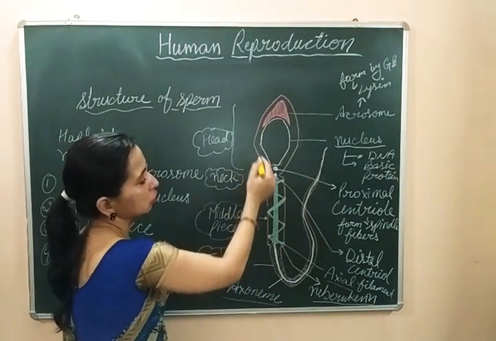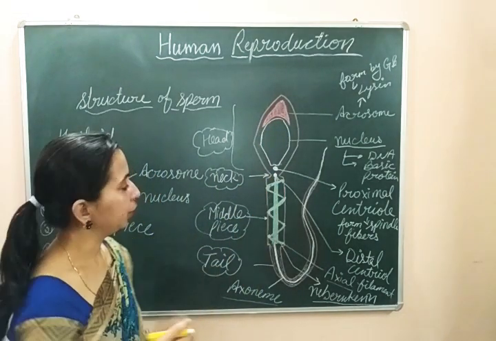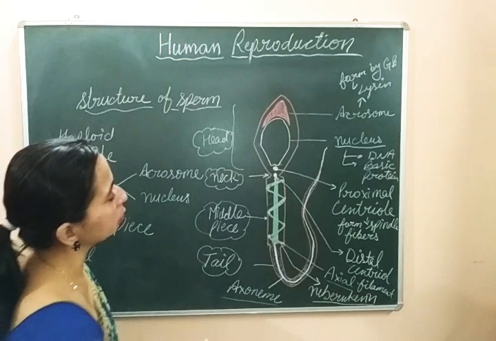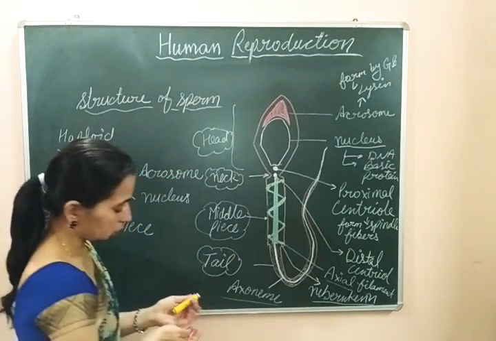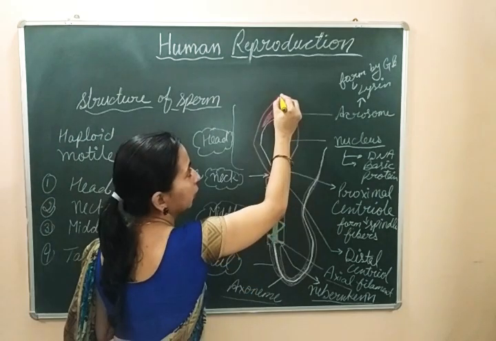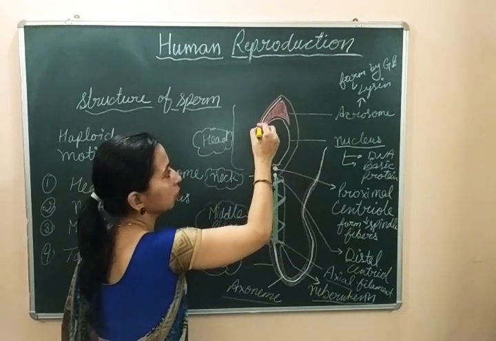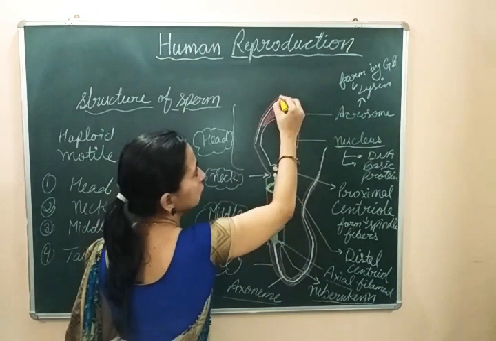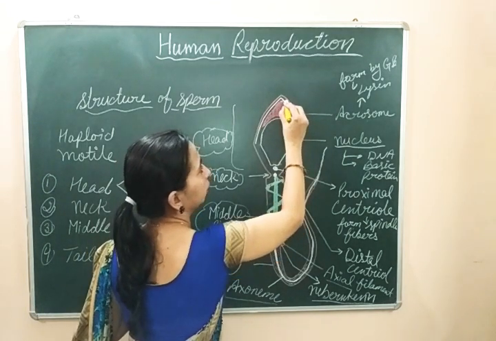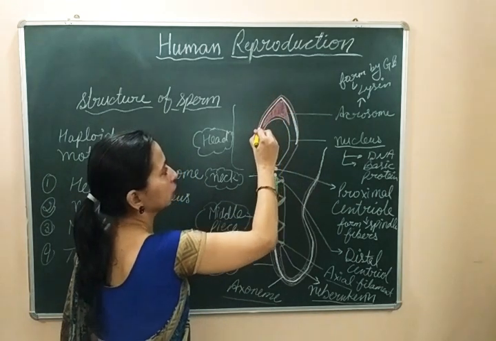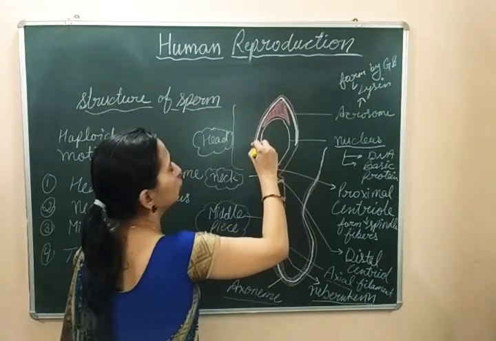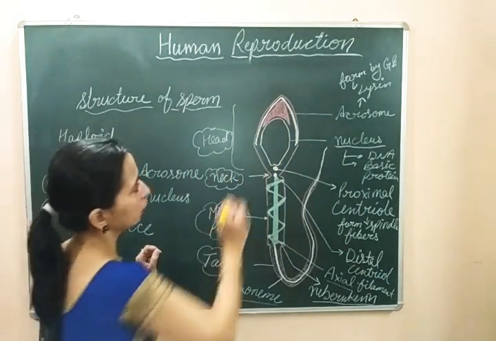Okay. This complete structure which is covering the sperm is the plasma membrane. ये पूरी जो structure है जो यहाँ cover किए हुए है sperm को, this is plasma membrane. And in this we can see that one more membrane will cover the structure. इस plasma membrane के अलावा एक और structure है जो यहाँ पे sperm को cover करने का काम करेगी. At the upper side or in the head region we can see the membrane which is covering the acrosome and the half part of the nucleus. ये जो ऊपर की तरफ जो membrane है जो acrosome को और nucleus के half part को cover कर रही है, this membrane is known as galea.